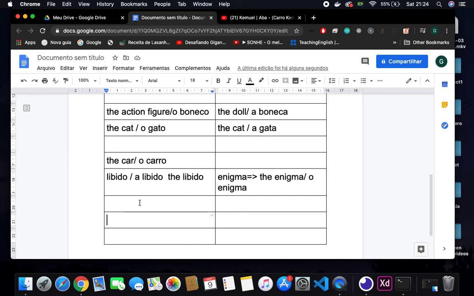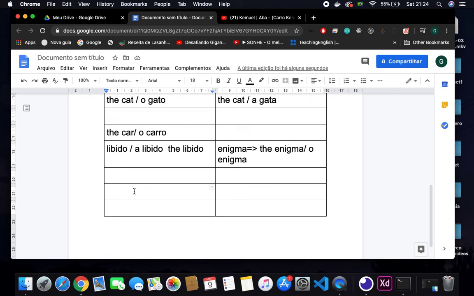Also, as an exercise for you, you could pick some words in English. For example, let's say the food, and translate it into Portuguese. Okay, you have access to Google, so look it up whether its gender is male or female. Okay, so pick a lot of words and try to translate them into the gender so that your brain starts getting used to this thing. Okay, this is really important for you to be speaking fluently in the future.